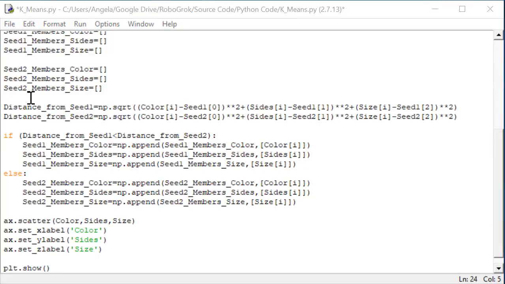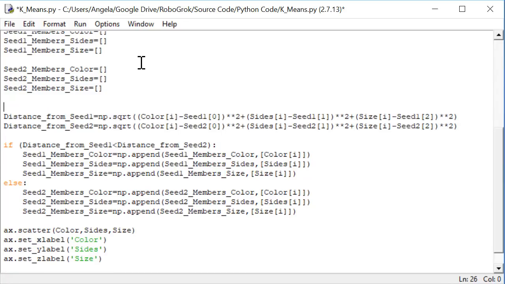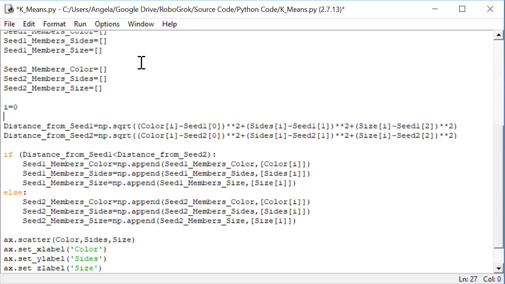Okay, right now I'm only checking this distance for 1 point, a point I've called I. I want to make sure and check this distance for every point, each little colored shaped piece that I have. So I'm going to start out by setting I equal to 0, then I'll do while I is less than. I want to do this calculation for every color shaped piece. So I'll do